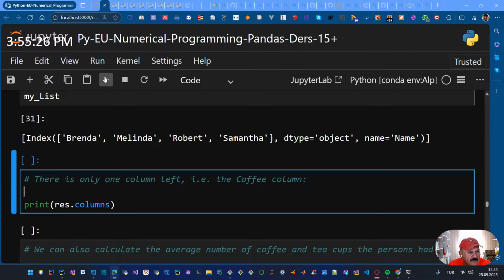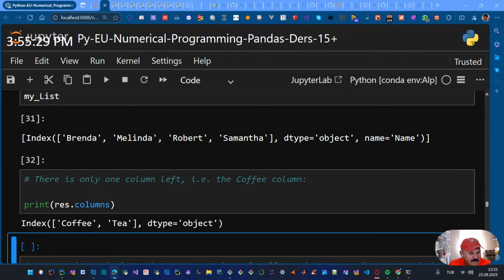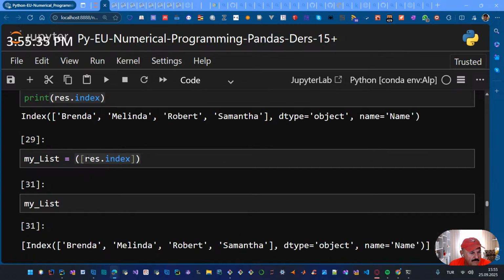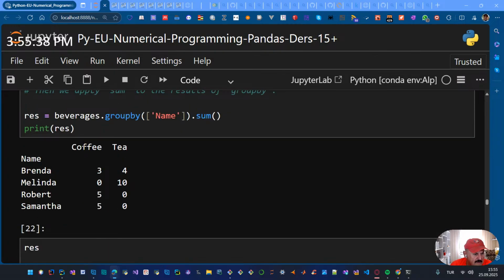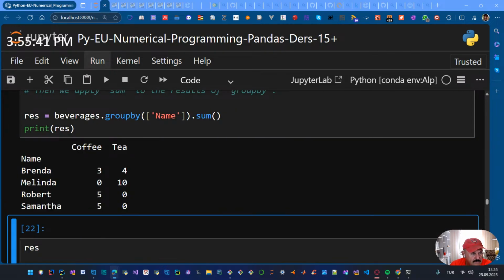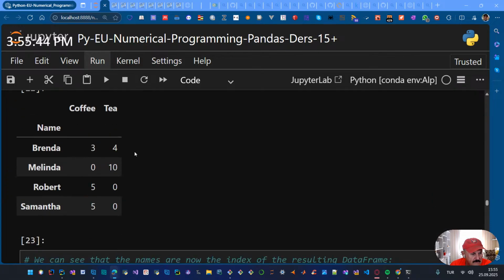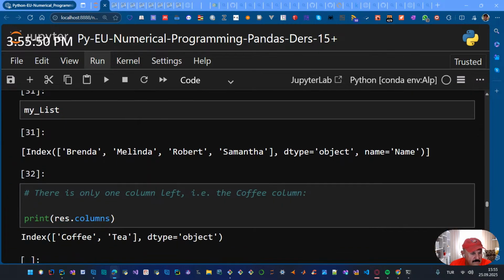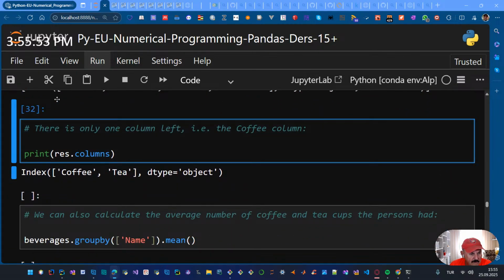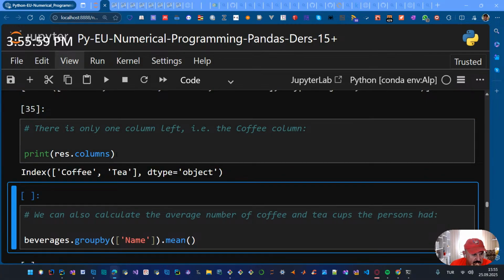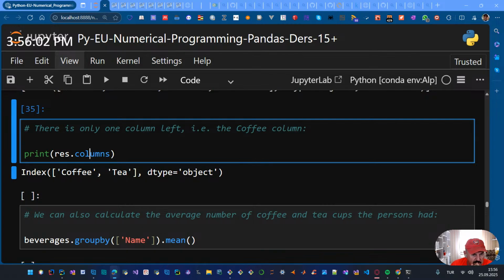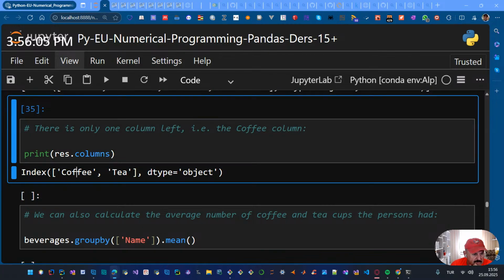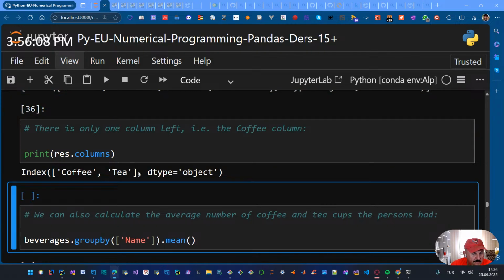Once again, what is left? Coffee and tea. Okay. What about this one? Okay, yes. But something happened incorrectly here. I'd like to find out the reason. Actually, only one column could be left here. Okay. Anyway,